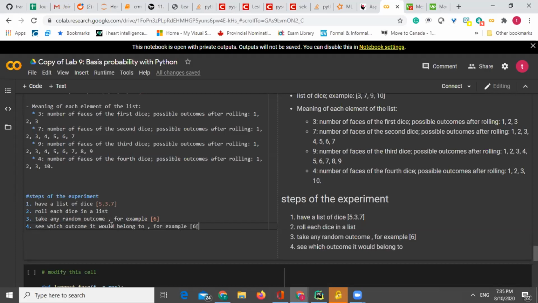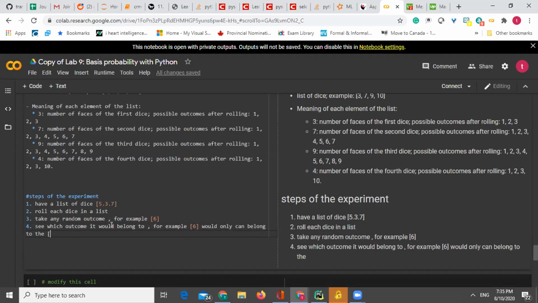For example, the outcome 6 can only belong to the 7 dice, right? Because all of these here only go up to 5 at the max, so it can only belong to the 7 dice. And calculate the probability